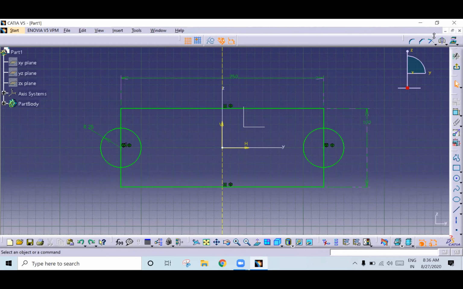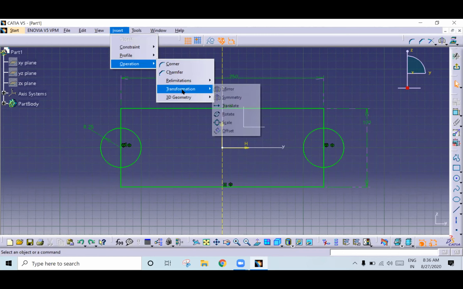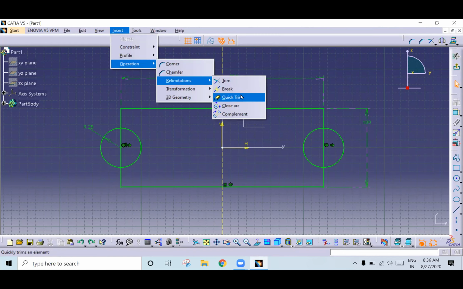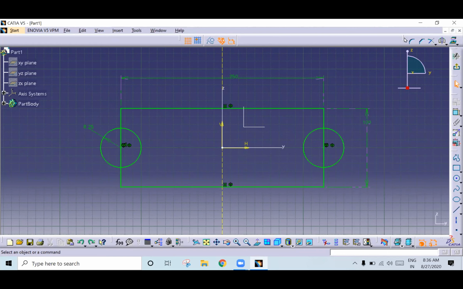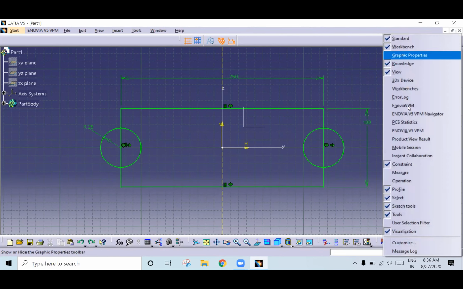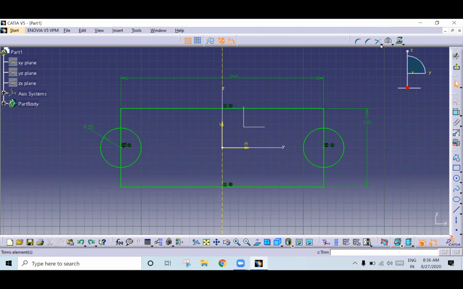Okay. Now we have very important here, trim. See here, go to operation. Here we have quick trim. You have the operation window. If you won't find this, right click and click this operation, you will get this operation window. Here you have a drop down menu called trim. See, here you will get the trim. Just double click it. Go on selecting the elements which you want to trim. See there.